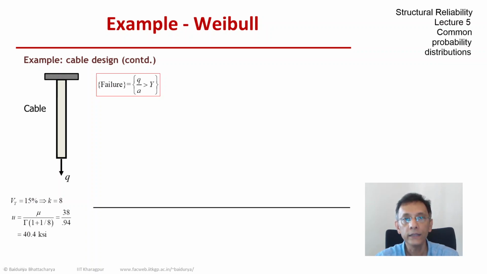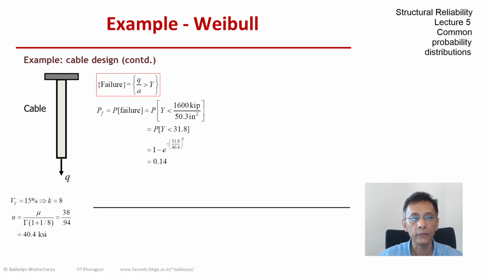And if y, the yield strength, is less than the applied stress, then we have yield failure. So that clearly tells us that we need to evaluate the CDF of y at q divided by a, which comes out to be about 31.8 ksi, and plugging in the values of u and k, the probability comes to